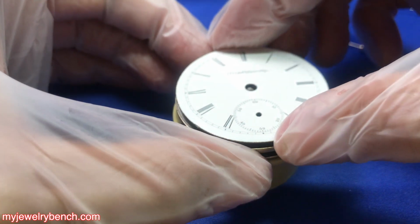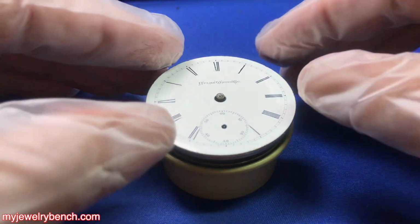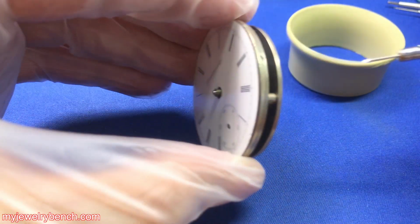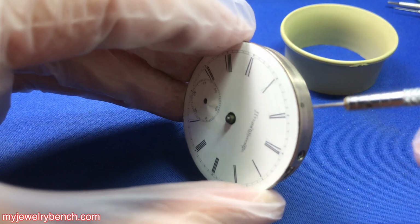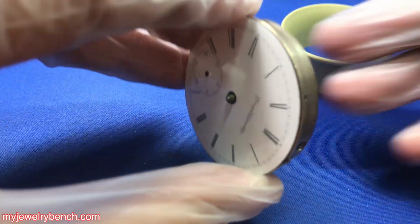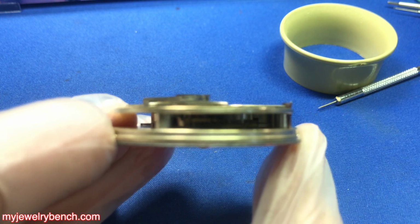Maybe, maybe not. I think I added a dial washer to this later just to make sure that the hour hand didn't slip, although the minute hand will hold it down in place without any friction. So here you can see I'm seating the dial. There are 3 screws holding the dial in, just like any typical 18 size Elgin watch of this era. And we'll tighten those dial screws in so that they contact the dial feet on the back of the dial. You remember, you don't want to screw those in too tight because you could strip them easy or break a